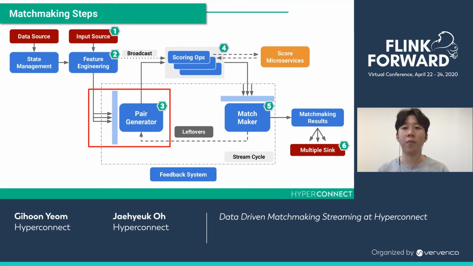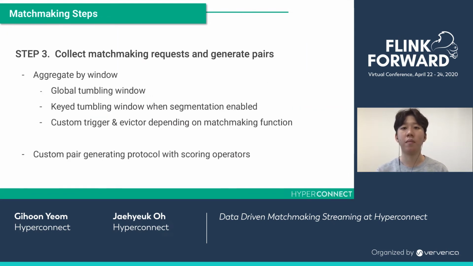Third, before we perform the score calculation of the matchmaking, we first send the requests to the pair generator that defines the pair set. The operator collects match requests using the Apache Flink window API. The window trigger and arbiter condition is based on a certain time interval, but can also be set arbitrarily depending